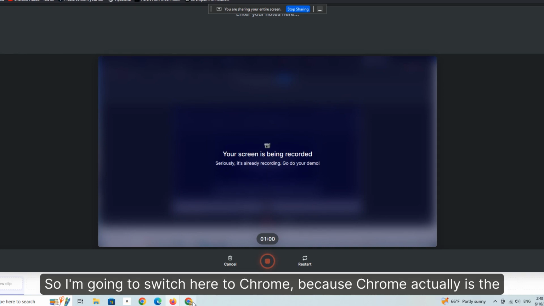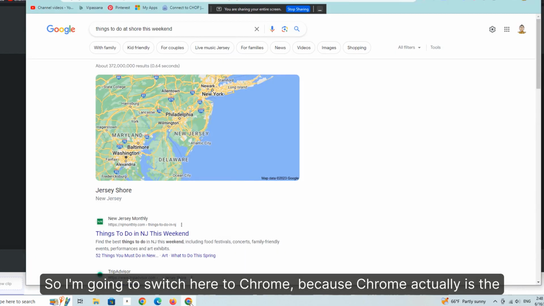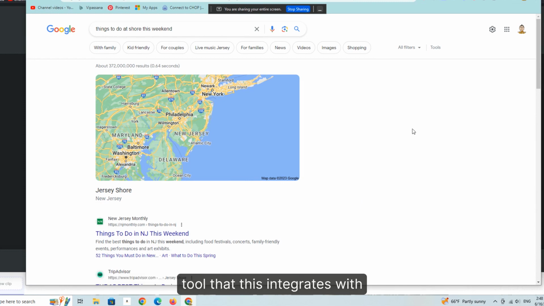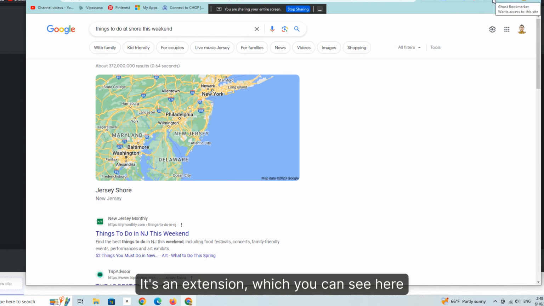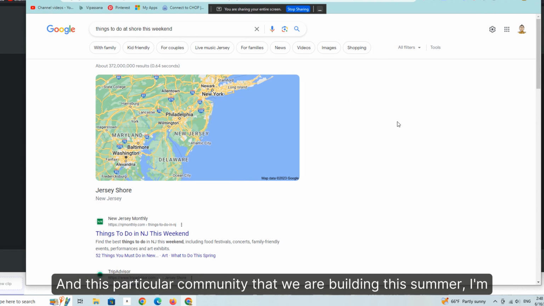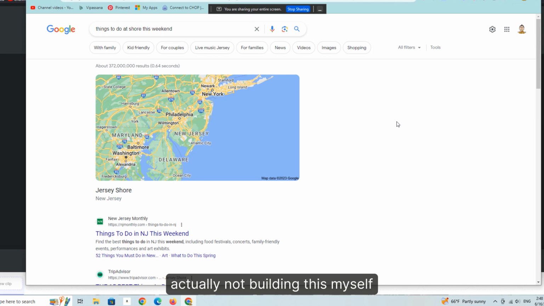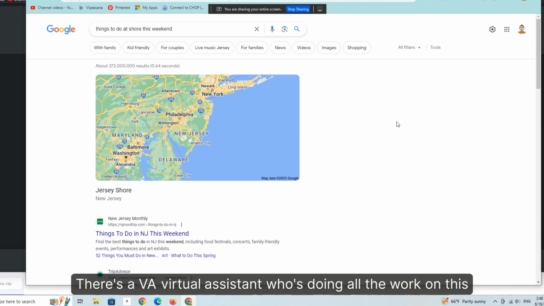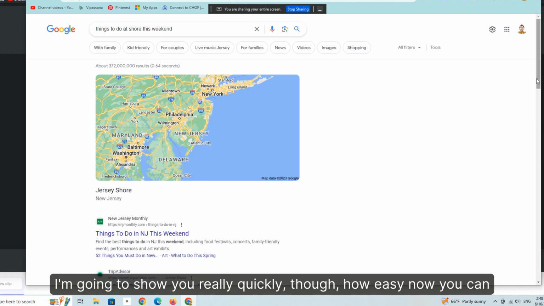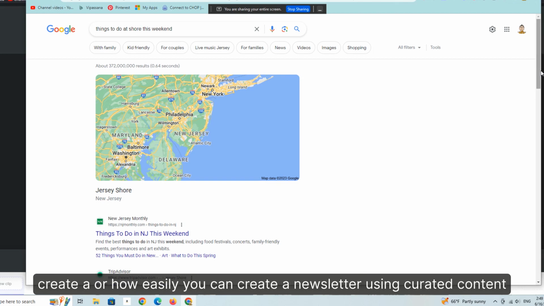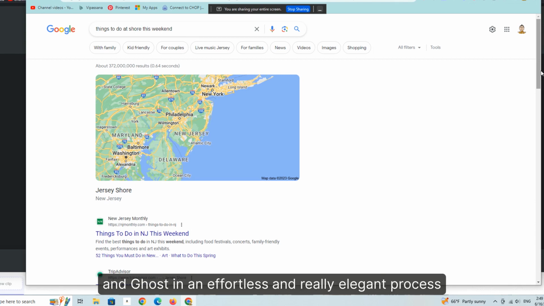So I'm going to switch here to Chrome because Chrome is the tool that this integrates with. It's an extension, which you can see here. And this particular community that we are building this summer, I'm not building this myself. There's a VA, a virtual assistant, who's doing all the work on this. I'm going to show you really quickly how easily you can create a newsletter using curated content and Ghost in an effortless and really elegant